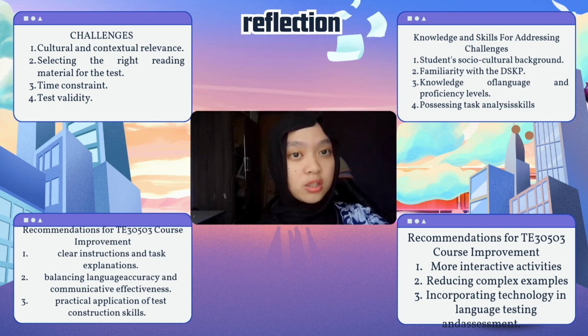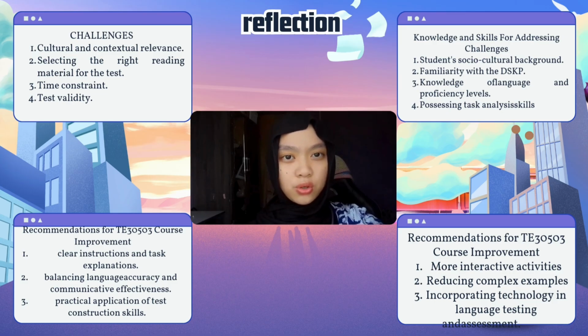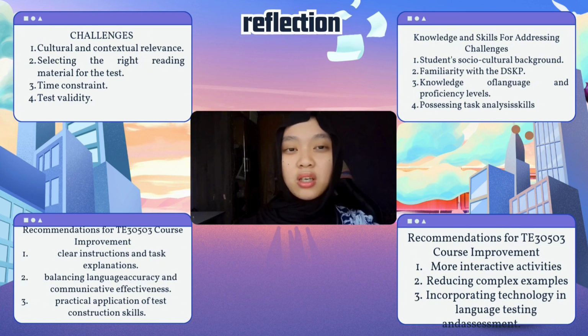To address these challenges, we realized that teachers need strong knowledge of students' backgrounds and proficiency levels. Understanding students' socio-cultural context helps in choosing appropriate themes, while familiarity with the curriculum and learning standards ensures that tasks remain age-appropriate and meaningful. In addition, staying updated with students' current interests and communication styles, such as informal digital communication, can help increase engagement and authenticity